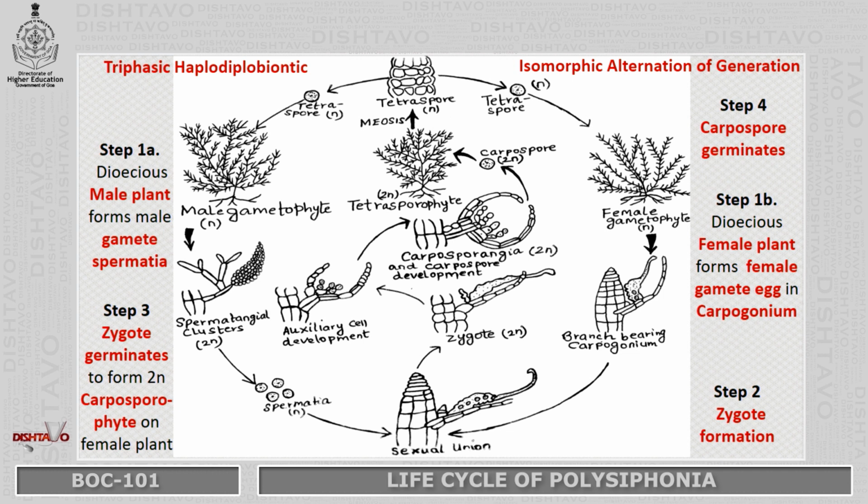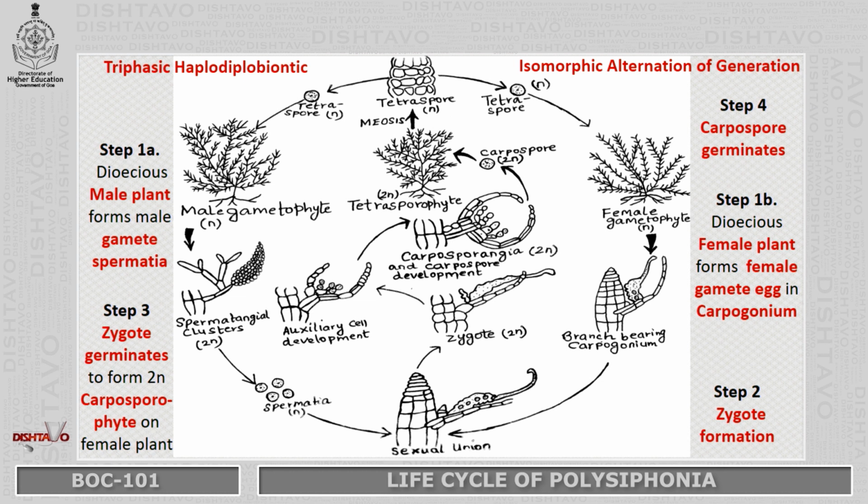Because of this, it is called a triphasic life cycle. It is called haplodiplobiontic because there is only one haploid phase, that is the gametophyte, and two diploid phases, tetrasporophyte and carposporophyte. The word which is close to the biontic is diplo, meaning the diploid phase is dominant in the